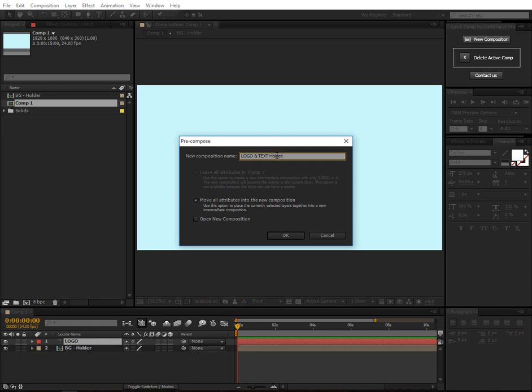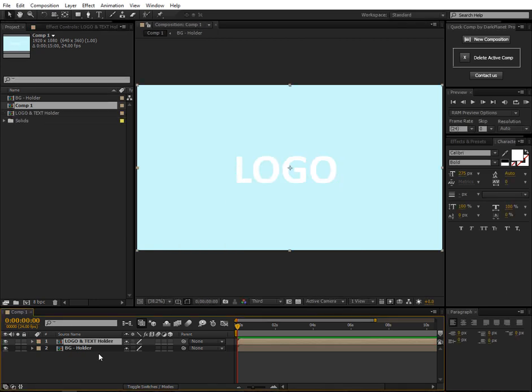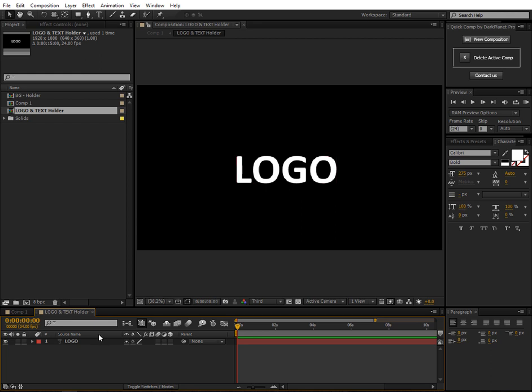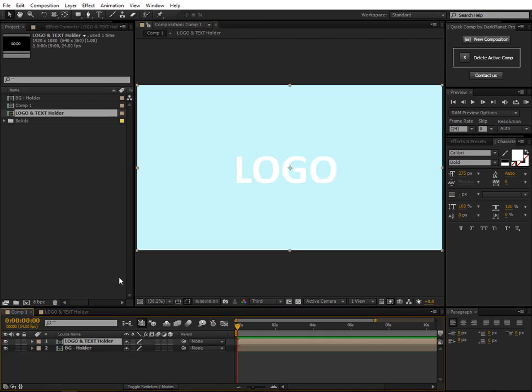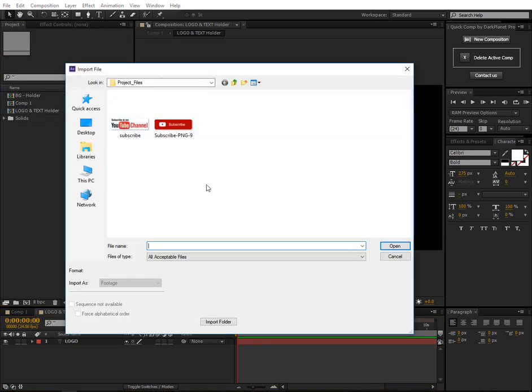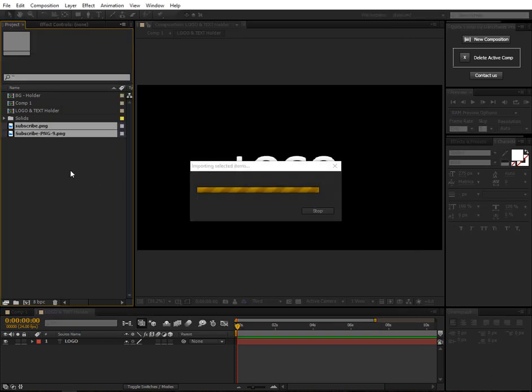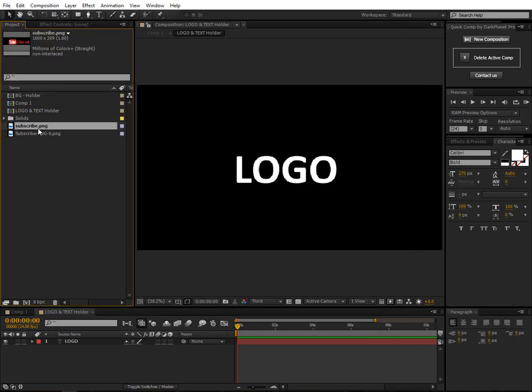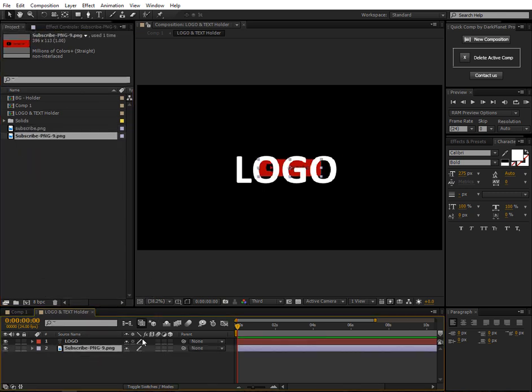Move all attributes and hit OK. Just double click on the logo and text holder. You can see here I have a logo. So before I'm creating my 3D depth map, import footages to images. So, subscribe button here,